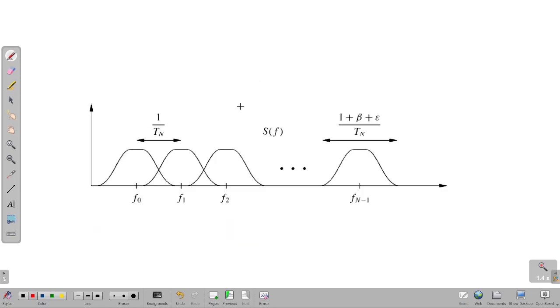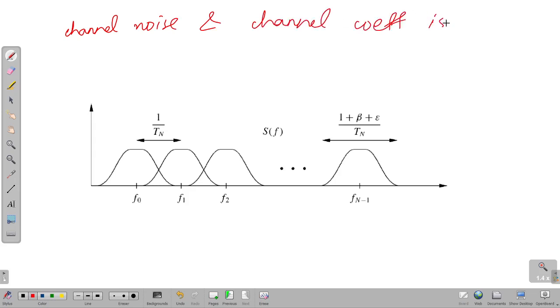So when the effect of channel noise and channel coefficients are considered, then